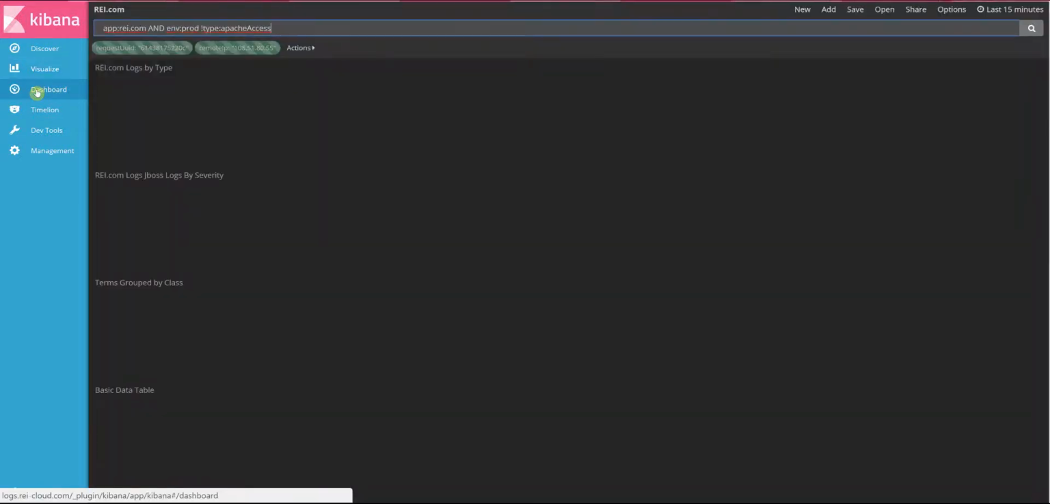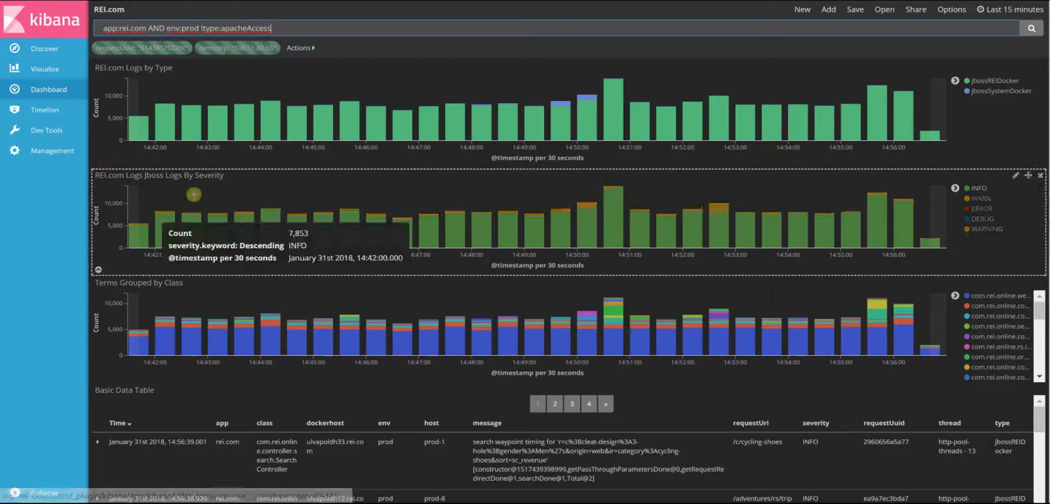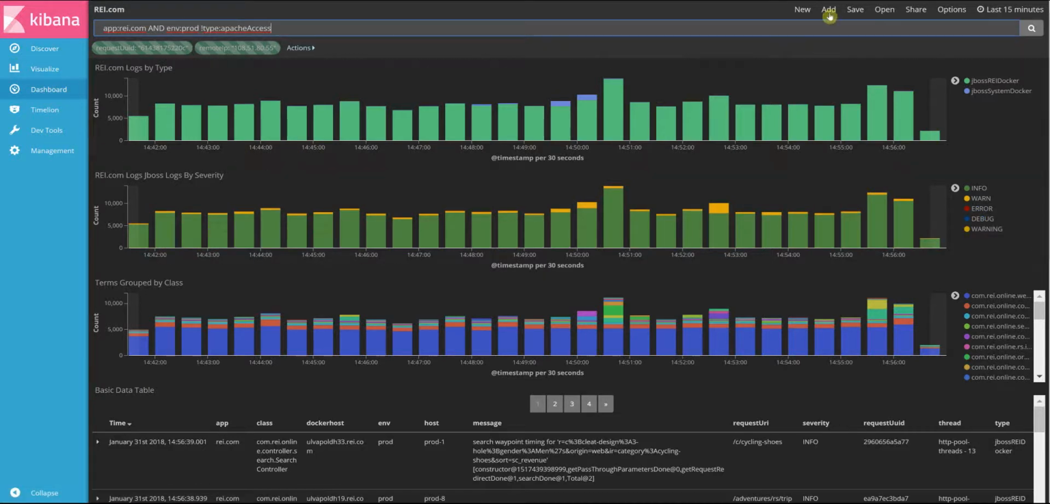Okay, going over to dashboard. Dashboard is basically just a combination of visualizations and searches in the Discover tab. And you just add them by clicking this add button, and then you can put a query at the top. Now if you have a visualization that has a query and a query here, they